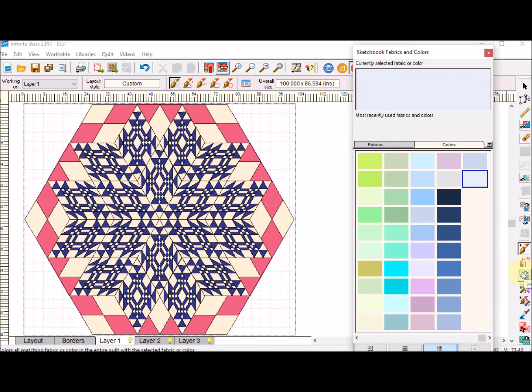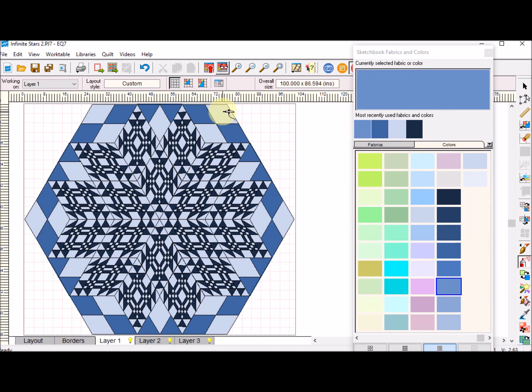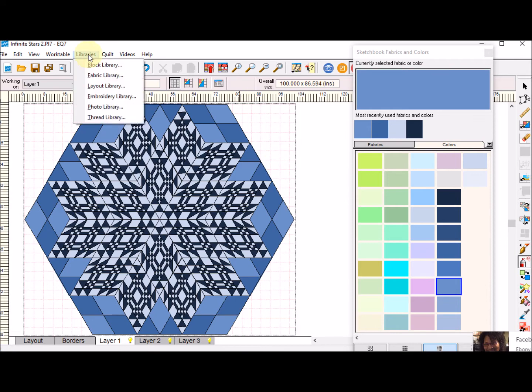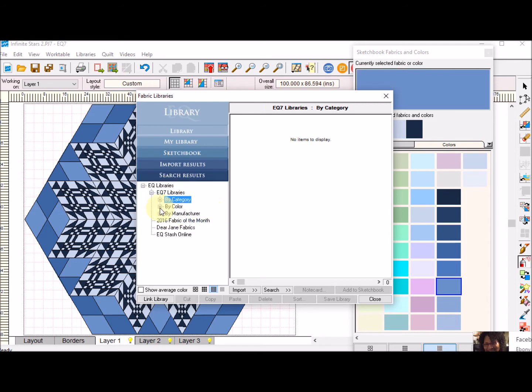So now I can use a swap all colors, and I can play with the various tints. And I'll just select each of the blocks that I want to change. What I would like to do is now convert these to fabric. And so I want to go to the libraries, go to the fabric library, and I'm going to go by